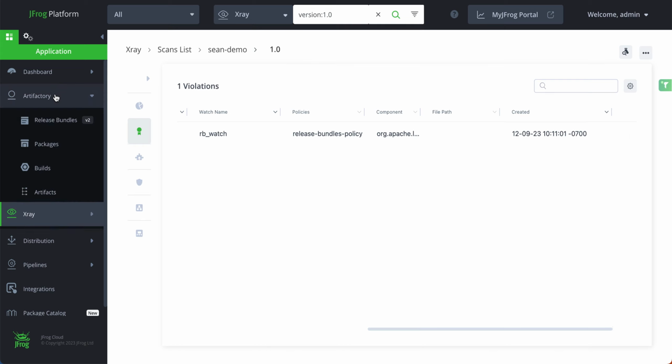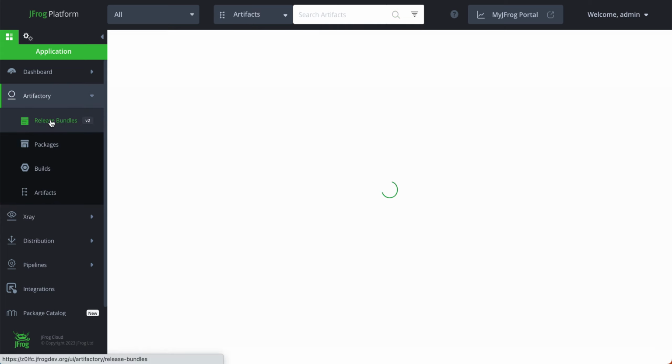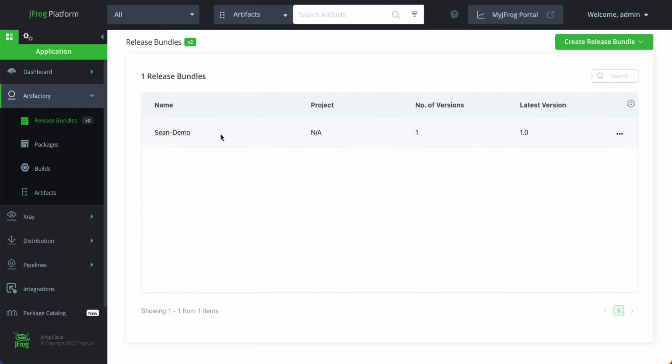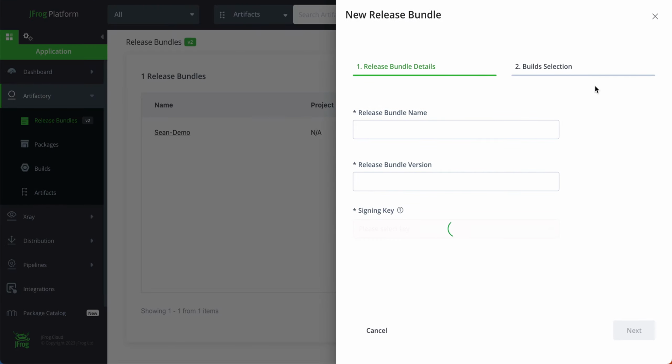So let's go back to our release bundle here. And we're going to say, okay, you know what? I'm going to fix that issue. I'm going to rerun the build, and I'm going to create a new release bundle. So let's go ahead and do the same thing, create a release bundle,